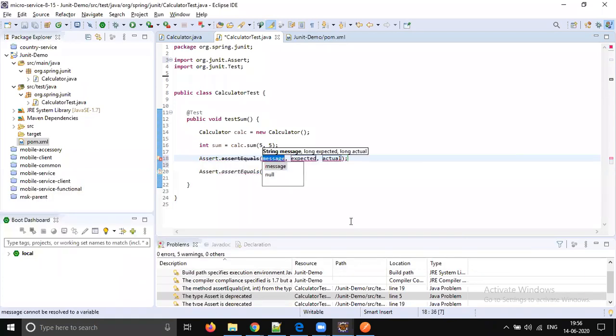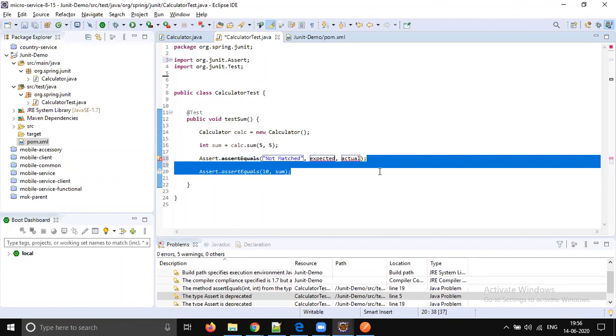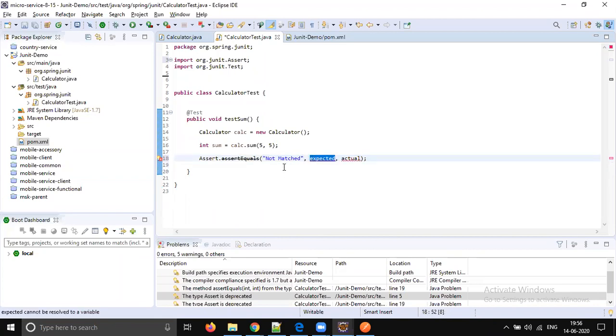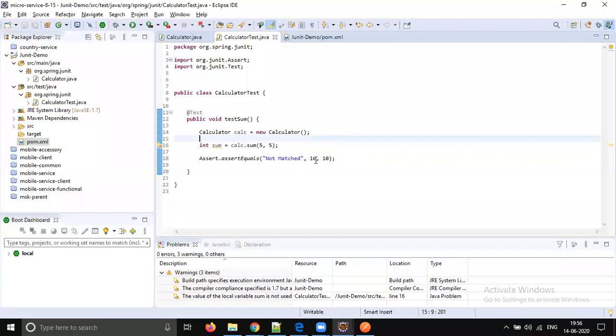Some message, right? Okay, let it be duplicated. No problem. If not matching, then we will get not matched. We will use 5, not 4. The sum is 10. The actual also 10. Now let's run this code and see.